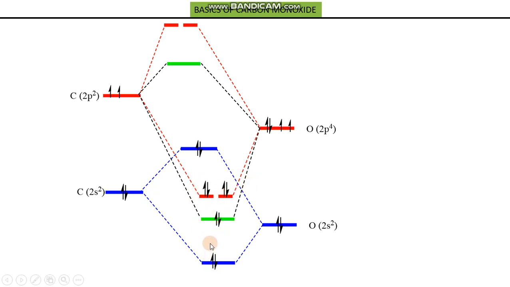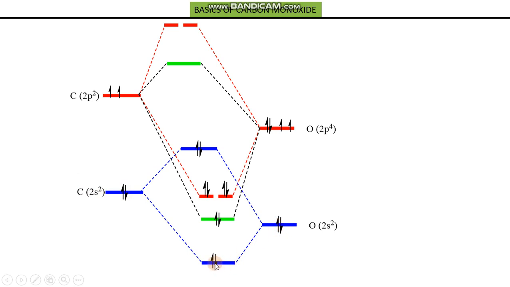Now you can see that this electron pair is closer to oxygen. It means the electronegativity of oxygen is more, and as per molecular orbital diagram rules we put atoms which have high electronegativity lower in energy, and those with lower electronegativity have a bit higher energy, or are unstable compared to the highly electronegative element. So their energy is represented qualitatively in that way: carbon is unstable compared to oxygen.